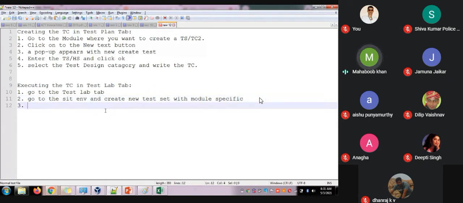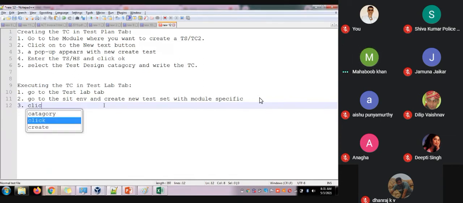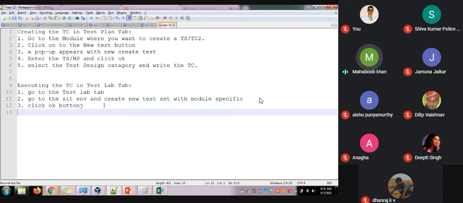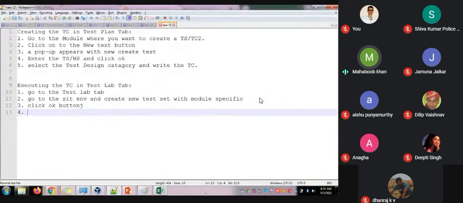So what is the third step? Click OK. Once you click the OK button, fourth step, a window appears. We will call this window the execution grid.